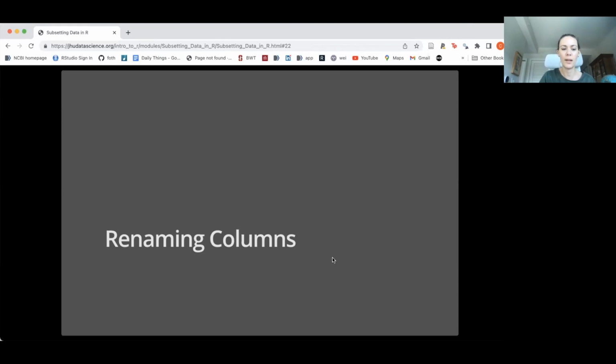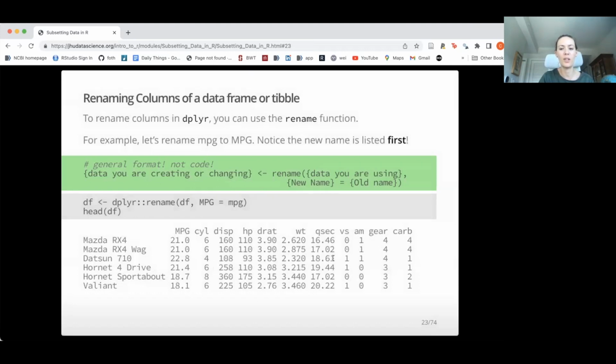So we're going to start talking about renaming columns. Sometimes your columns are named in a way that you don't want and you want to change it. So for example, here we have a lowercase version of miles per gallon in our data, and let's say we want it to be capitalized because we want people to know that that's an acronym. And so this is a slightly tricky function. We're going to use the dplyr rename function,